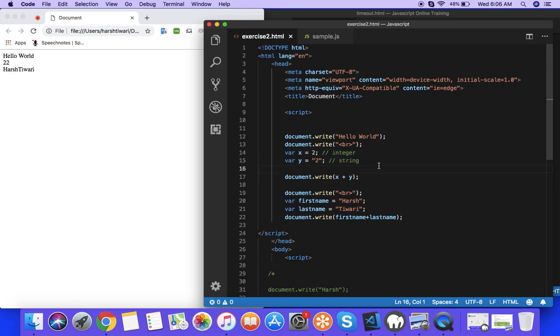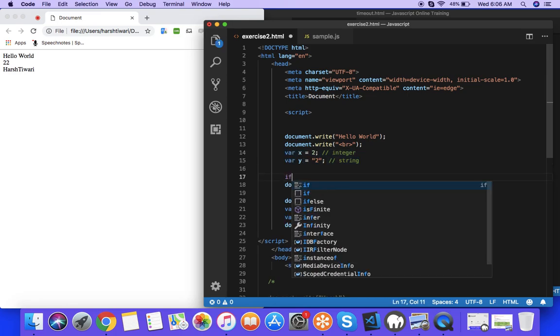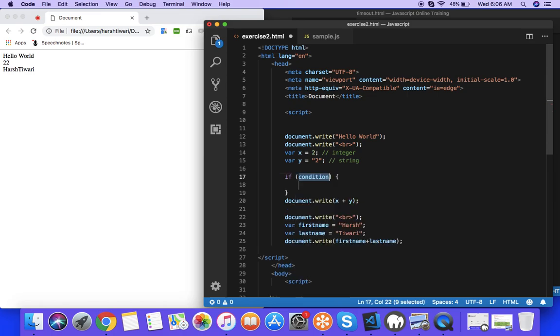So if I'm just going to compare it, I'm writing if, and then in the if I'm writing the condition. So if, let's say, x is equal to y, alert both is same,